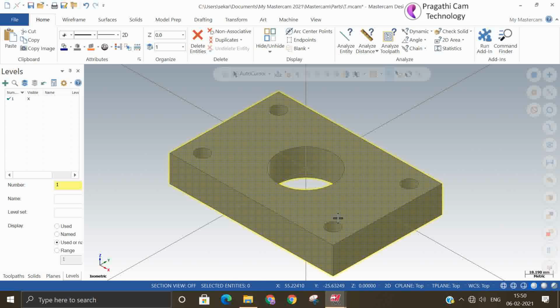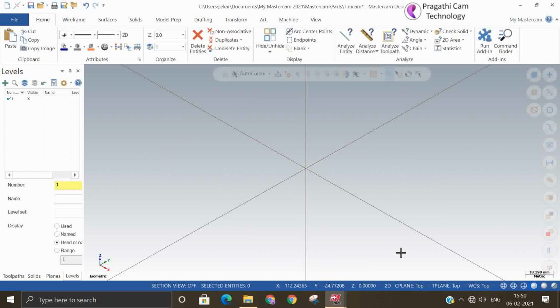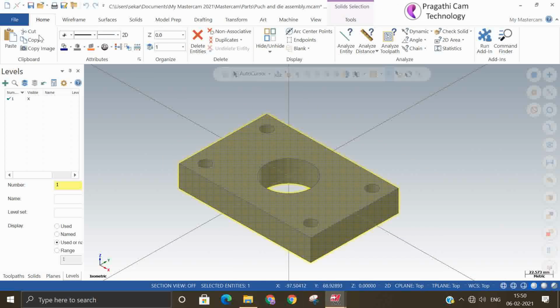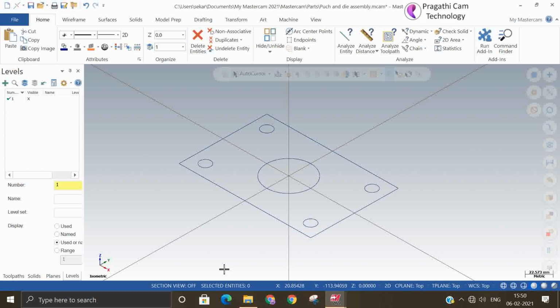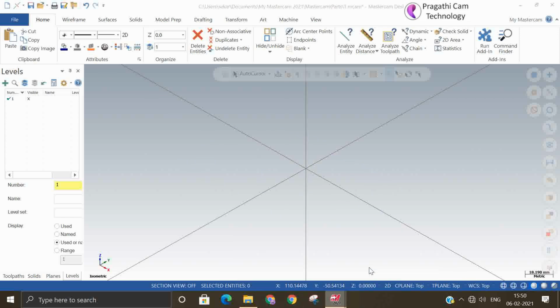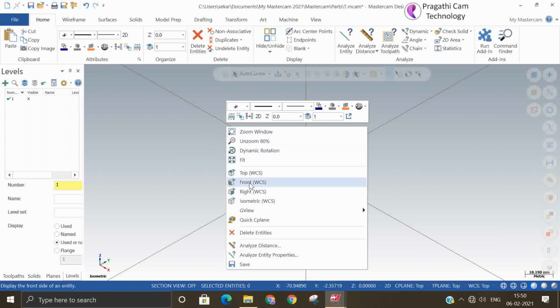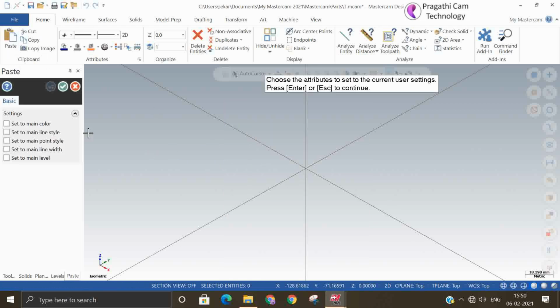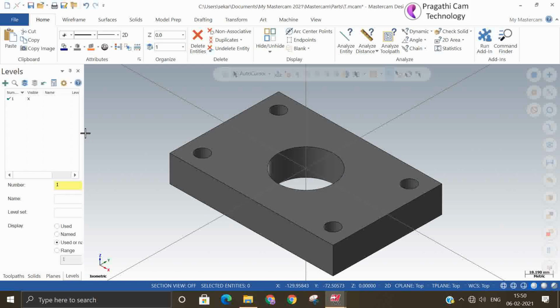So in one I will delete it. Now we'll see what is the cut option. So now I'll say cut here, and in the next window I will say copy and paste. So like this you can cut and paste also.